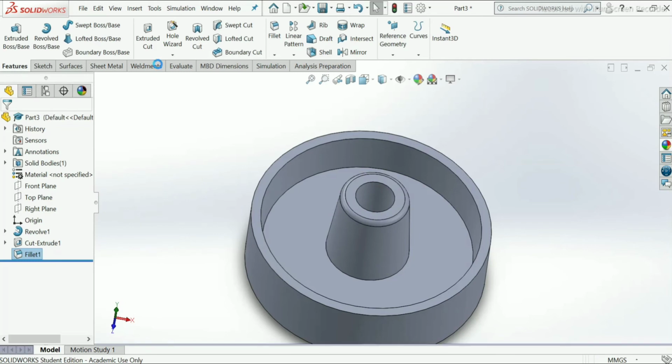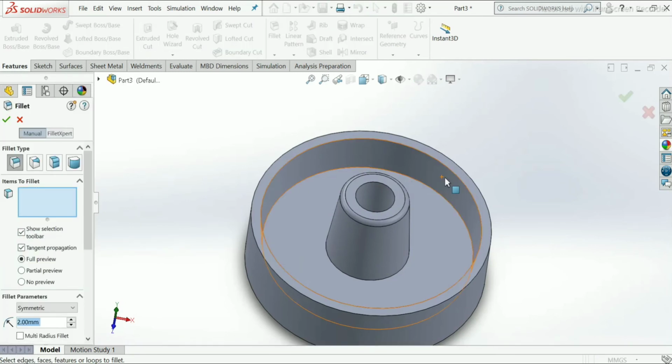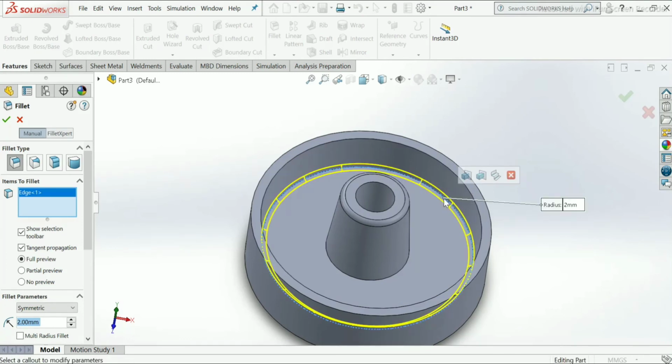Okay. Again choose fillet. Take this edge, make 2 mm, select 2 mm only, symmetric. Okay.